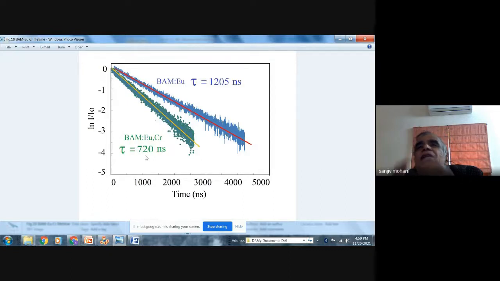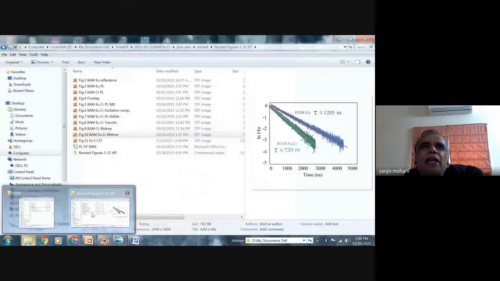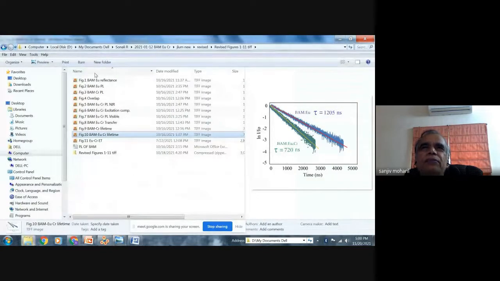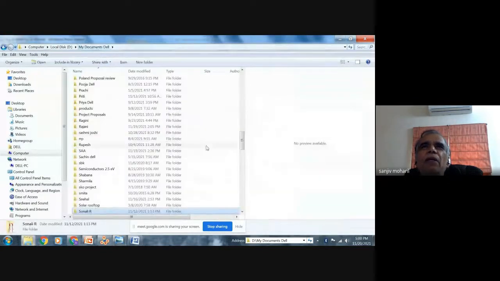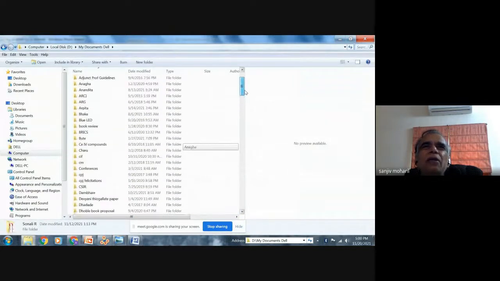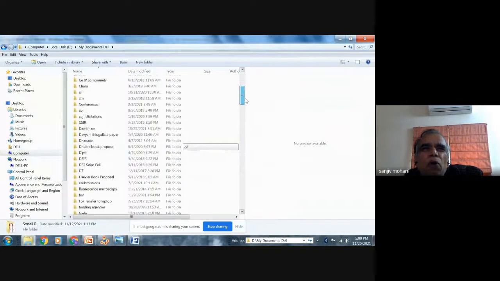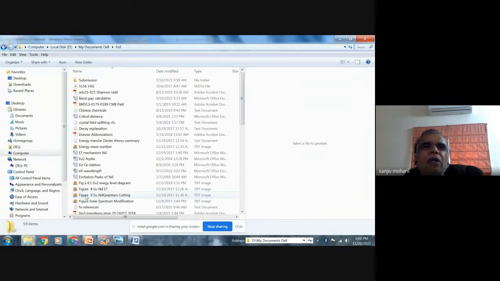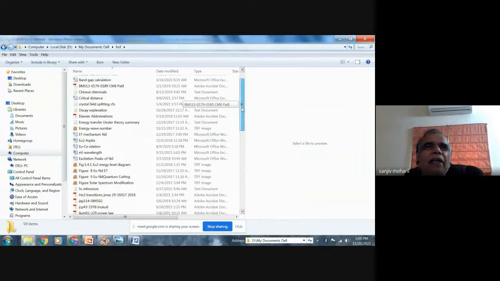And from that I can calculate the energy efficiency, or efficiency of energy transfer. This can be obtained. So there are certain formulae known as Paulose formulae.